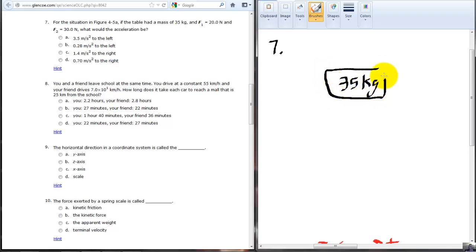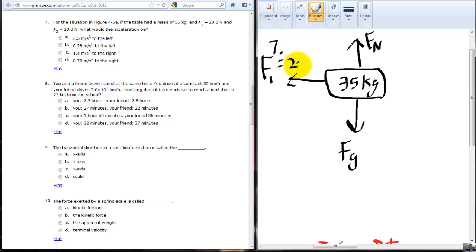So we're going to draw a force diagram. So we draw our object with a box around it and put the mass. F1 is 20 newtons. Let's be pedantic here and say F gravity and F normal, because the table has to be sitting on the ground, right? It doesn't have to be, but probably is. So you've got gravity pulling the table down, and you've got the normal force holding it up. So probably this F1 and this F2 are actually forces that are going side to side. So let's label this F1 equals 20 newtons, and let's label this